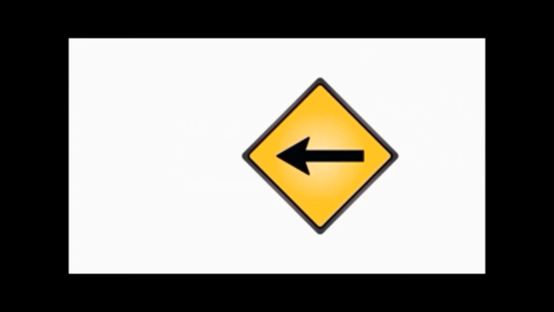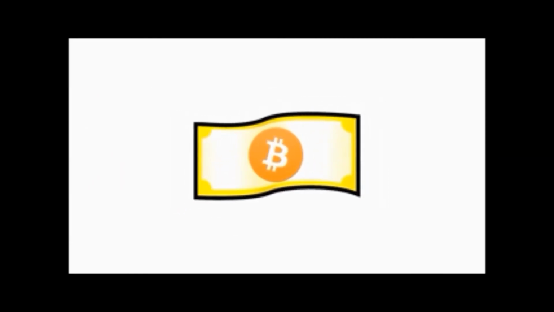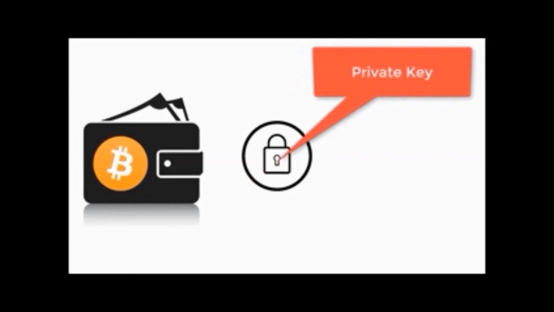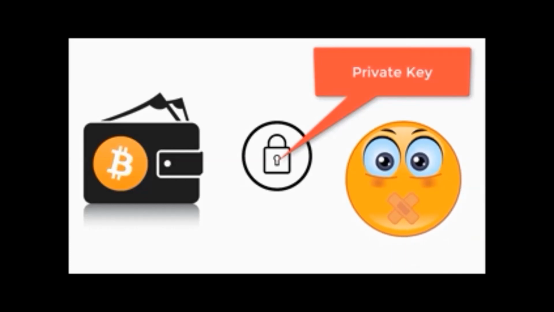Now your Bitcoin private key, on the other hand, is the one thing that you must protect. It's called your private key for a reason: you should never give it to anybody. If someone gets your email password, that's pretty bad, because they can start sending emails from your address. But that's not quite as bad as if someone got your Bitcoin private key, because they can actually steal all of your Bitcoins. They can send them somewhere else. And just like email, once a Bitcoin transaction has been sent,